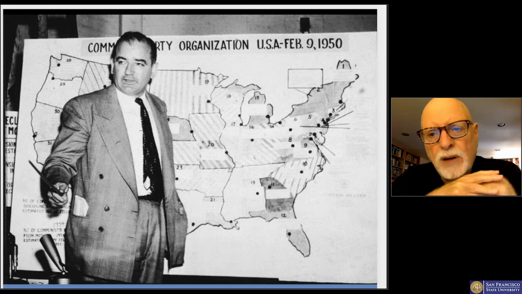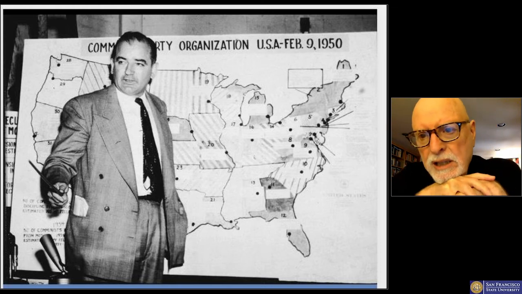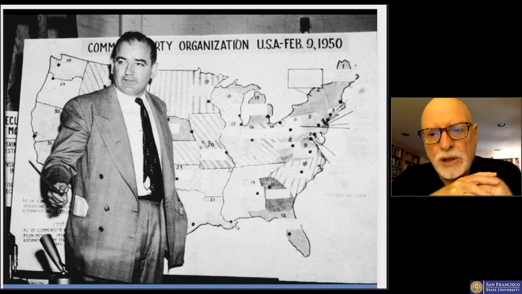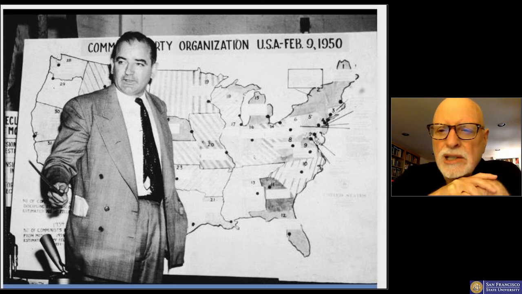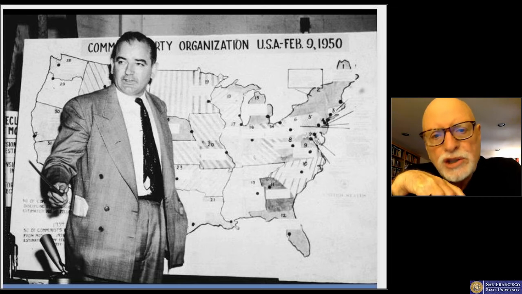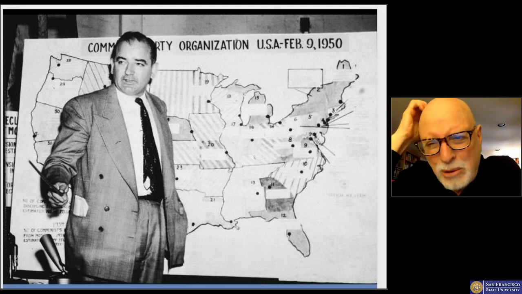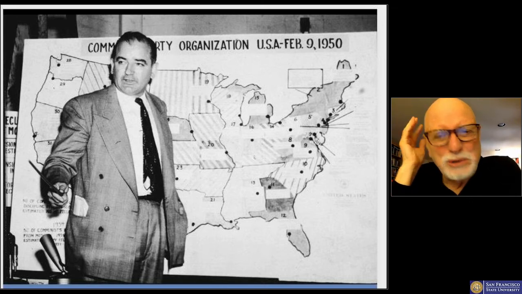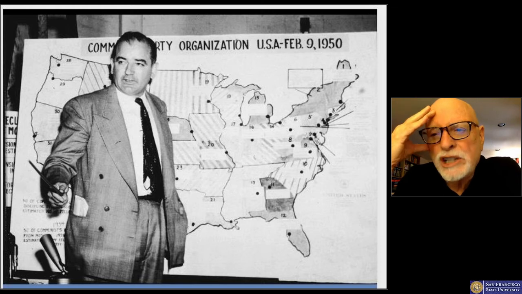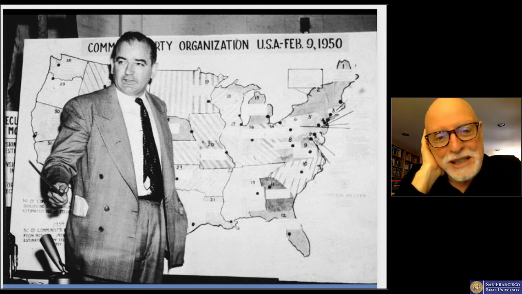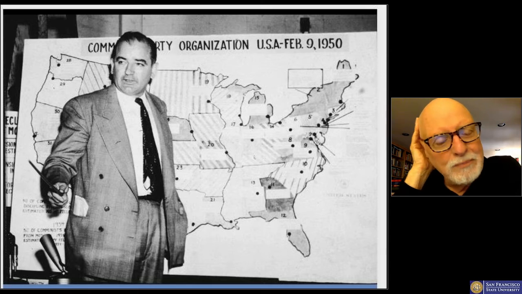He had a lunch with Father Edmund Walsh, who organized the school for diplomacy, the teaching of diplomats at Georgetown in Washington. And at this lunch, according to Richard Revere's biography of McCarthy, McCarthy said, I don't know where I'm going with my career. I need an issue. I'd like to do more and be more. I don't exactly know what issue to attach myself to. And Father Walsh said, well, why not communism? That's at any rate the way Richard Revere tells it in this much read biography of Senator